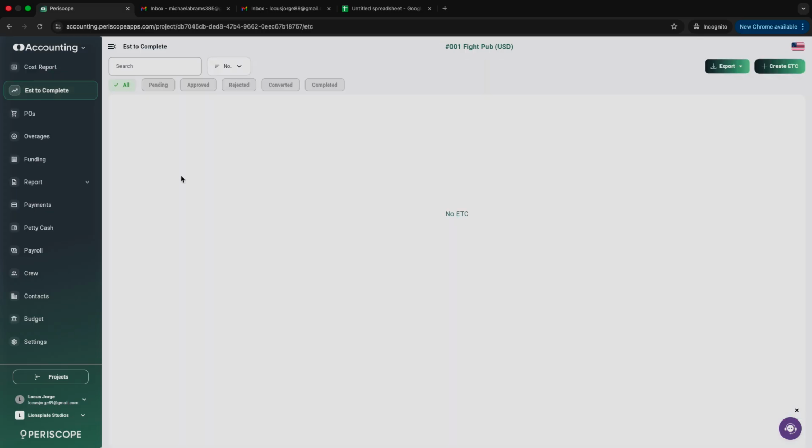Next here is your ETC. This is the tool used to forecast the future for your production. It answers questions like, how much more money do we need to finish for this particular item? This allows you to enter a cost that hasn't yet had a vendor decided on, or a location. You don't know where you're shooting just yet, it's happening at the end of the production, you don't know what that vendor name is. So this allows you to earmark that money as a commitment of some sort,